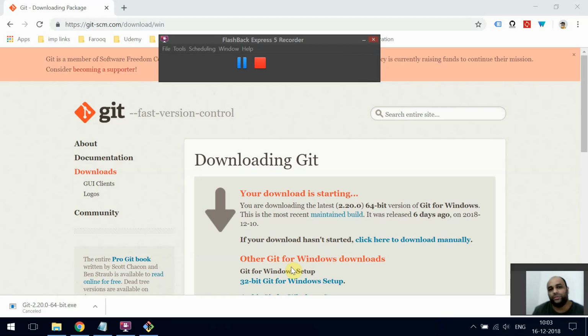What's up guys, welcome to this video series where we are going to discuss Git, and we are going to look at tutorials about Git for absolute beginners who have no idea about what Git is. So Git is basically a VCS, a version control system. It's also called SCM, which is a source code management tool. And Git was developed by Linus Torvalds, the same guy who created Linux, and